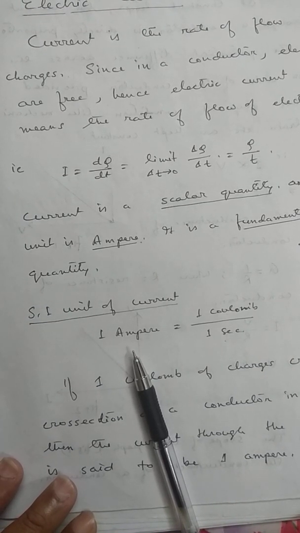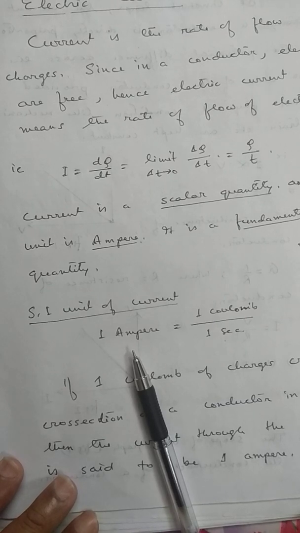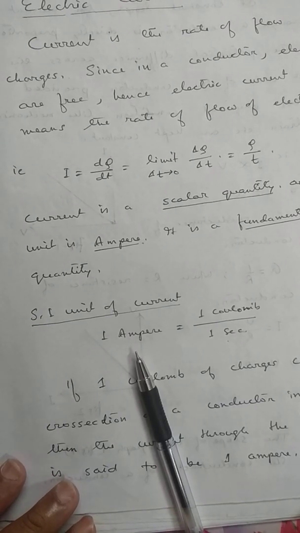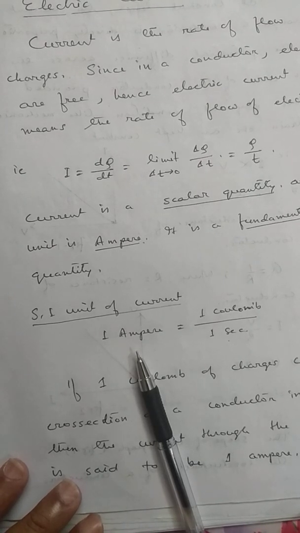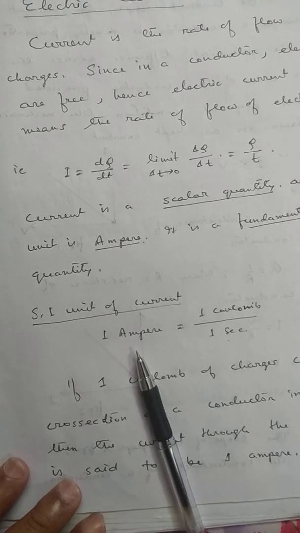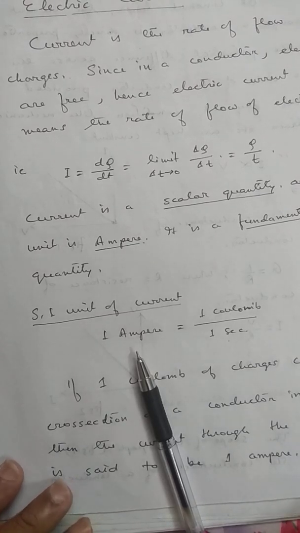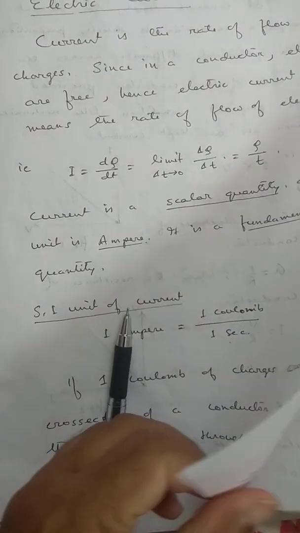That means only inside the conductor current means the flow of electrons, because inside a conductor positive ions are not free. But in a semiconductor we get two types of charge carriers, electrons as well as holes. In electrolytic solutions we get two types of charge carriers, cations and anions. Is it clear? Then we come back